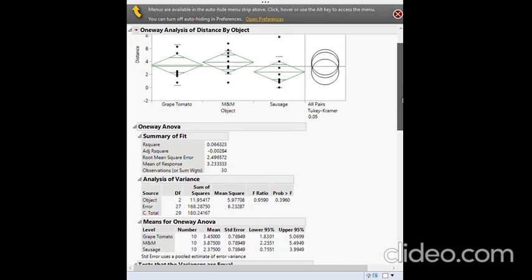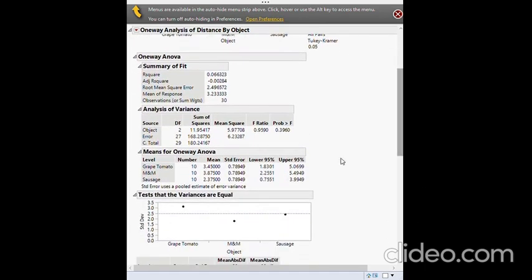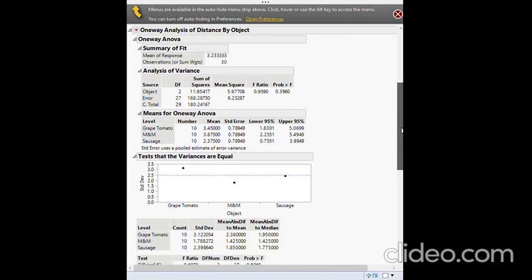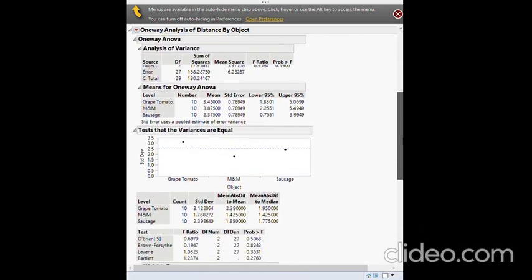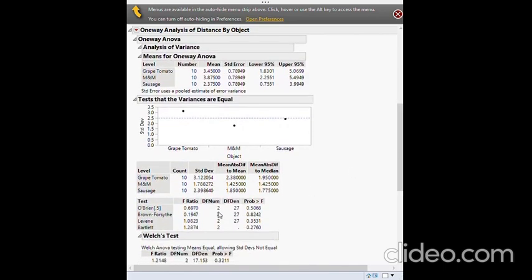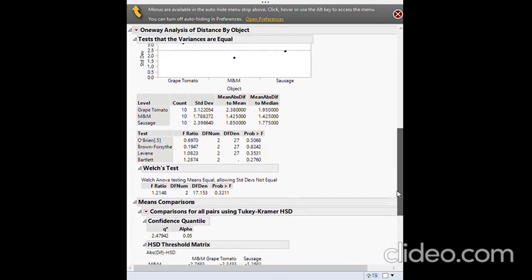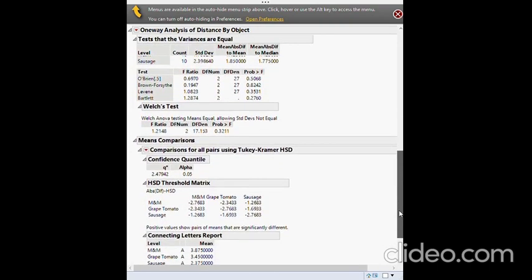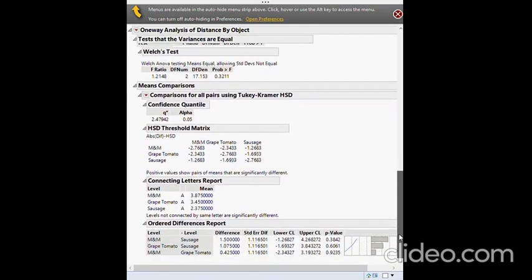So let's scroll down. Look at this right here. 0.789. This was 2.09, I believe, in the other one. So it's gone down to about 35% of what it used to be. Okay, now check this out. O'Brien, Brown-Forsythe, Levene, Bartlett. They all like us. They don't see anything wrong with this assumption. High p-values here. It looks phenomenal. Now, if you had the numbers memorized, they're coming up. There we go. So let's compare and contrast.